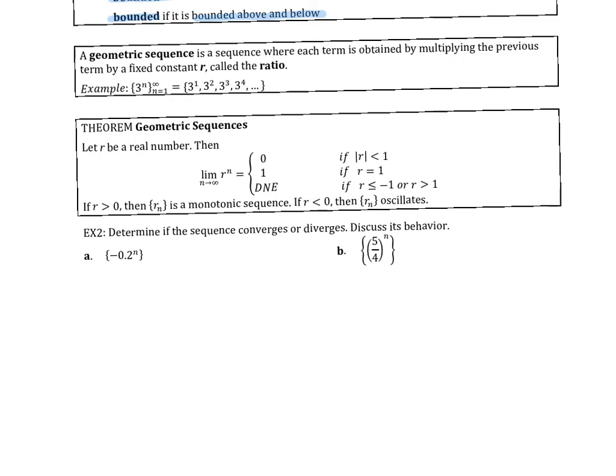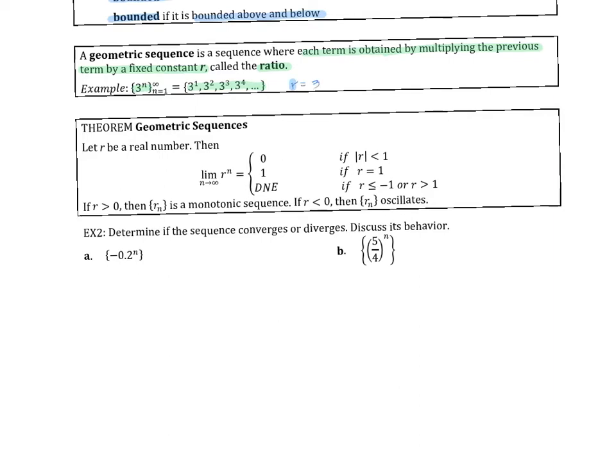We're going to look at a special sequence, and this is going to come up a lot. It's called a geometric sequence. A geometric sequence is where each term is obtained by multiplying the previous term by a fixed constant that we call r. R stands for the ratio. If we look at this example, 3 to the n, that's 3 to the 1, 3 squared, 3 to the third, 3 to the fourth, and so on. You notice to get from one term to the next, you're multiplying by 3. So in this case, our ratio r